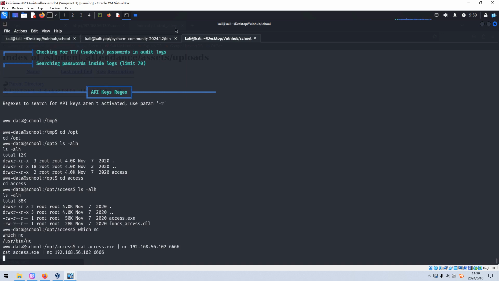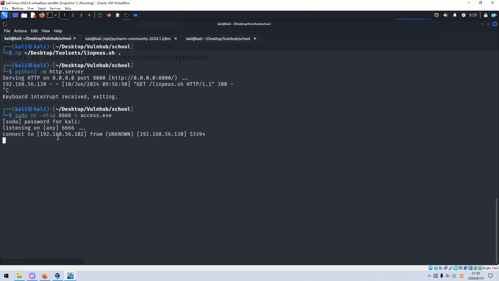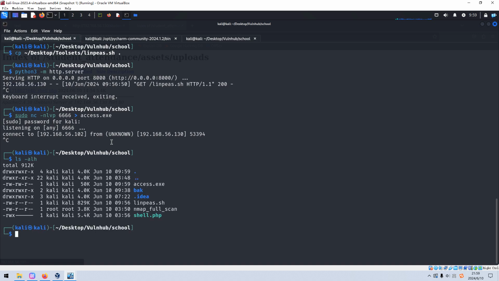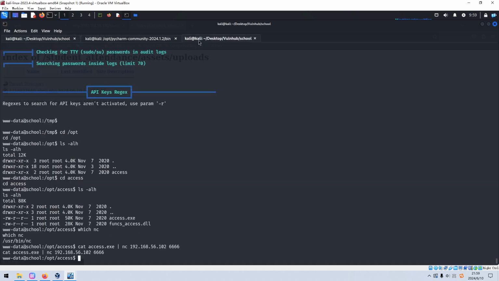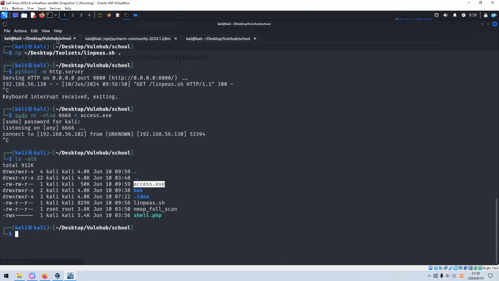Okay, and now as you can see, the listener has received the data from the target, and we can disconnect or stop. As you can see, it's here, and now we can download this dynamic link library to our Kali Linux.